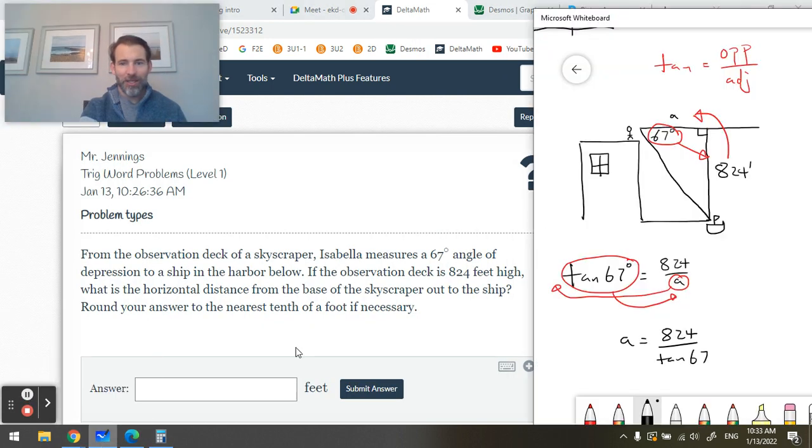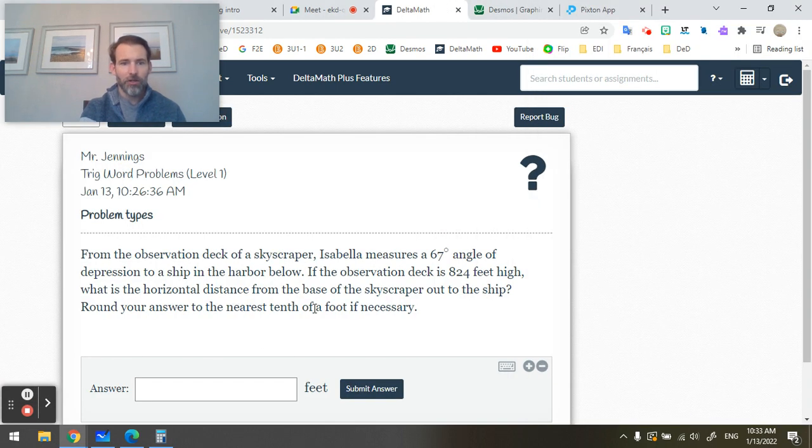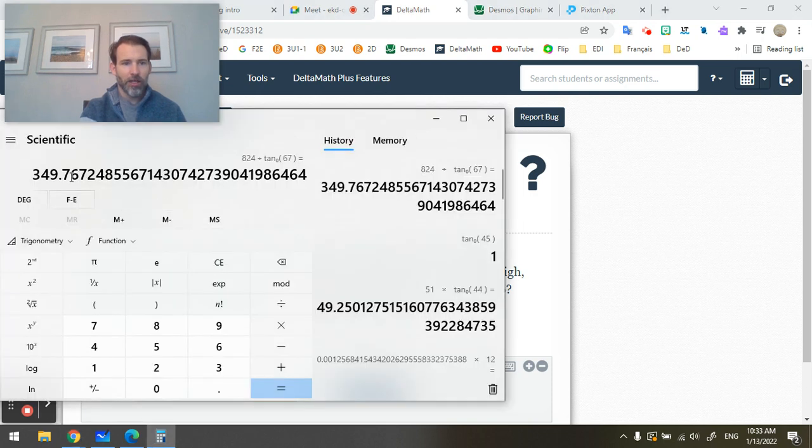All right, let's see, where were we? So we were talking about this. We need to solve this equation. Have I solved it yet? 864 divided by tan 65. Yeah, it's this. And I just need to know what level of detail. Nearest tenth of a foot. Okay, so I'm going to look at this. And that's the nearest tenth of a foot. But this number here makes that number round up. So it's this